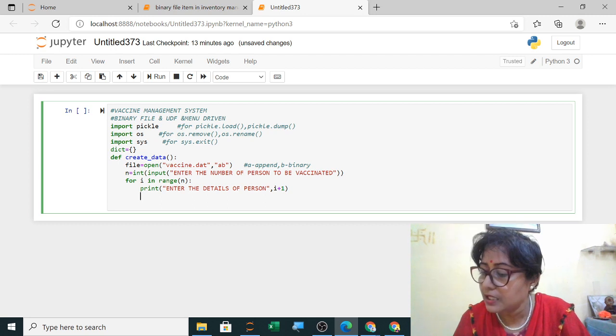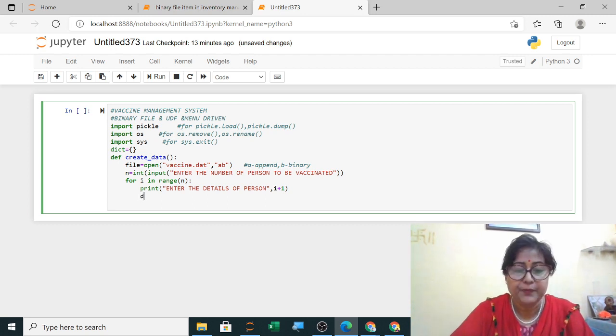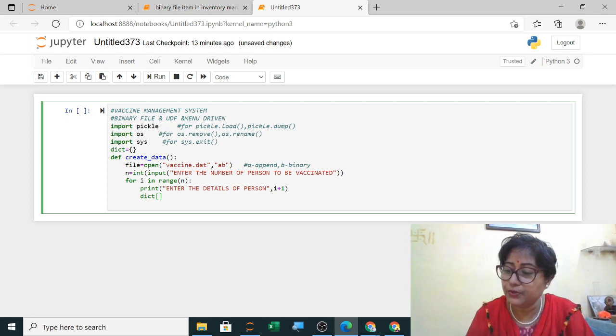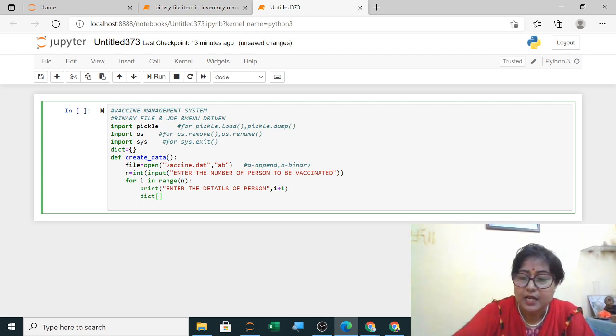Now next you will take from user and you will store in a dictionary. So how to take from user? Now in dictionary, while creating a dictionary, how you used to create it? First will be your column names and then the data.